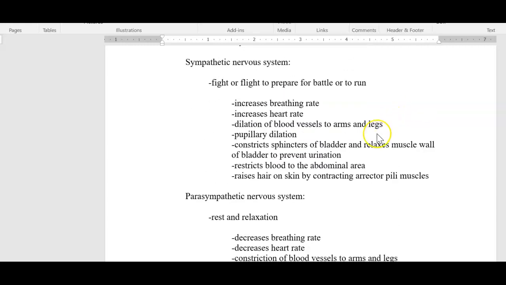Let me show you one other mind game, which is a little more interesting, and that is when you're trying to get into the bathroom and someone is in the bathroom, and you really, really, really have to go. What happens? Well, you start to break out into a sweat. There you go, sympathetic system. Your breathing rate goes up. You're dancing around like an idiot. Your arms and legs are starting to tingle. You're trying to hold your urine in. You are getting a fight or flight sympathetic response.